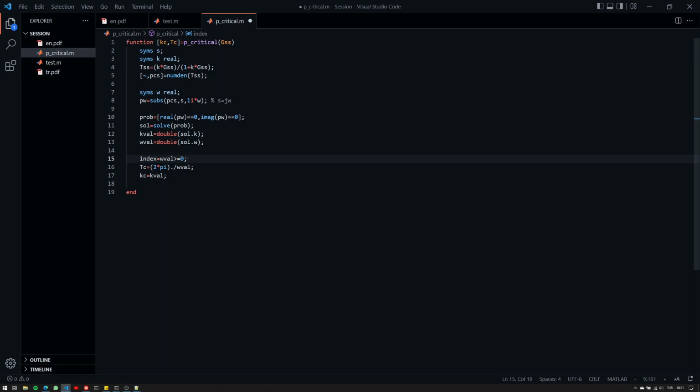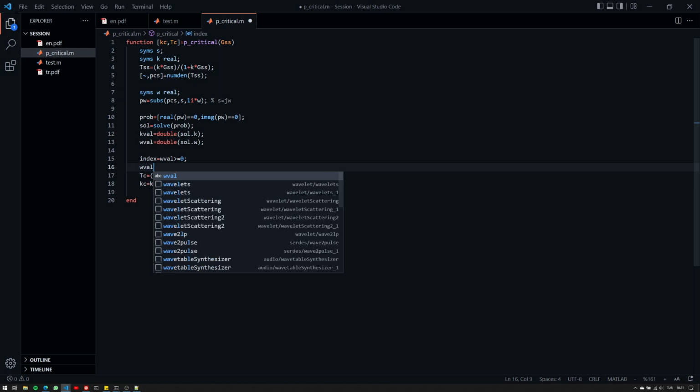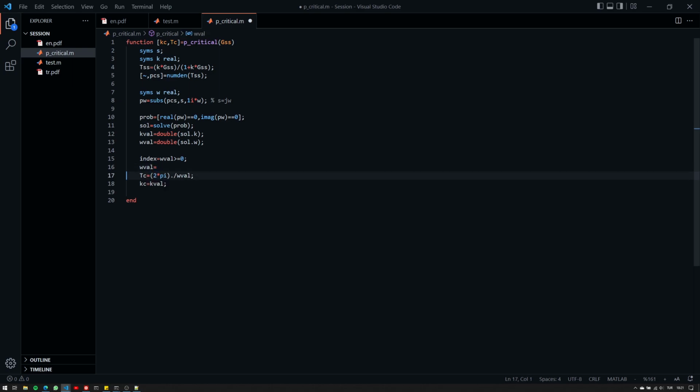Another maybe safer way would be to look for the negative ones and eliminate them, but I'm going to stick with this. So it can be 0 because we can use the origin, which might not be for the Ziegler-Nichols method because it uses the j omega crossing, but we should provide this. Therefore, we'll use index positive n equal to 0, and omega val and k val should be eliminated like that. So k val, index